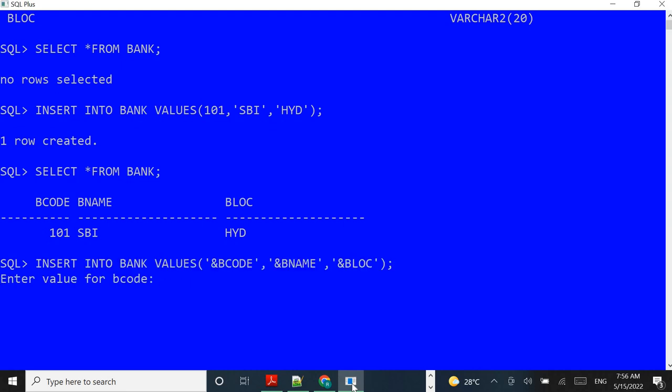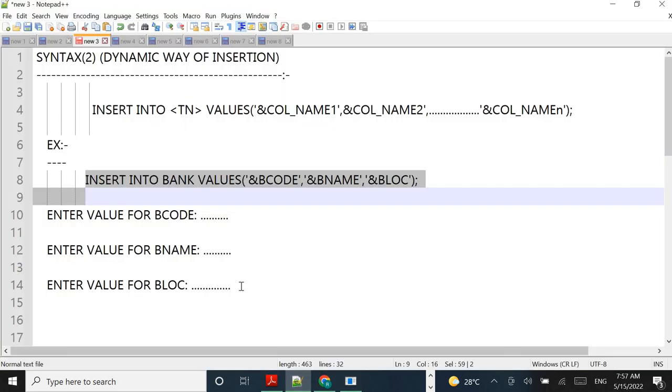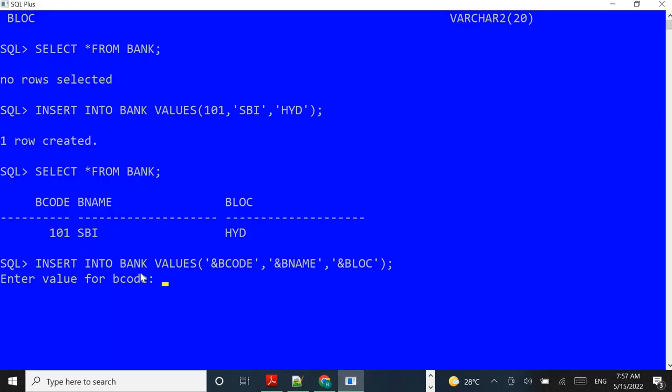When I insert into bank values, with ampersand of B code, B name and ampersand of B location, I run this query pasted from this notepad. I'm getting the statement: please enter the value for B code. So I need to enter the value for B code,